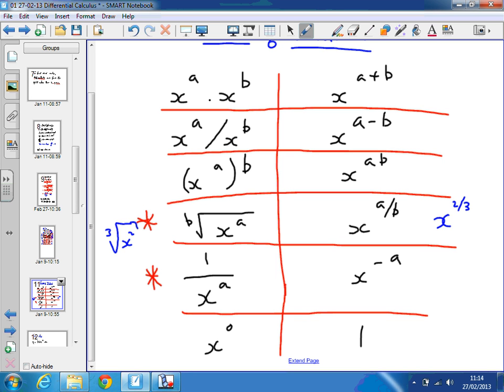Okay, so we need to know the laws of indices to be able to apply the laws of calculus. Okay, you've probably got this written down somewhere already, but if you want to write it down,